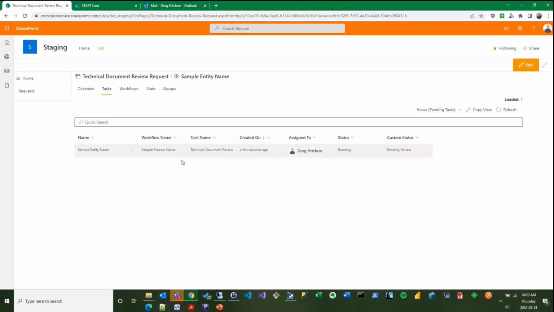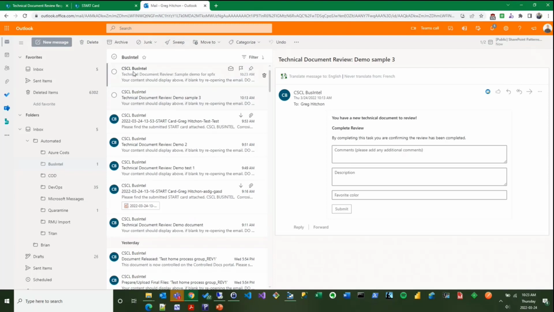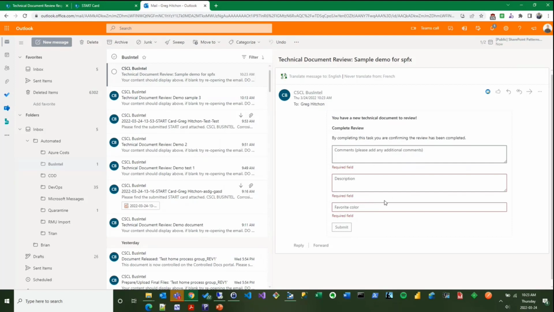So we can look at this, and we've created a task. All this stuff is just task based. We've created a task, it has some properties, and what we also should get here is an email. This email is using adaptive cards, and here we have some simple inputs. We can see there's some validation here. One of the nice things about adaptive cards is you have this validation, which is blessed, and you don't have to worry about sending it back to the server and then adjusting and then sending it back, which was a pain. So we get this card with this task that we can fill out directly in the email,